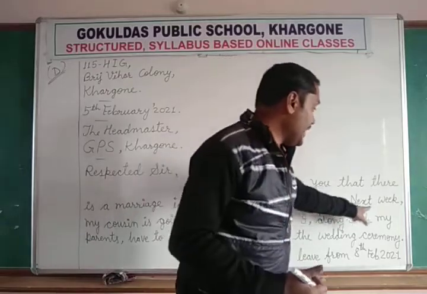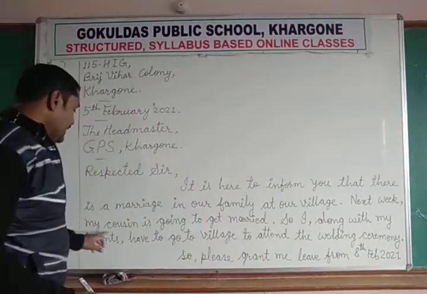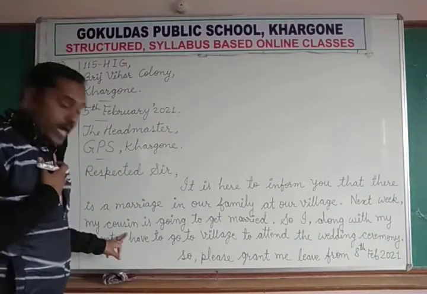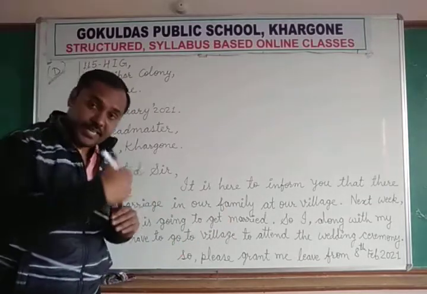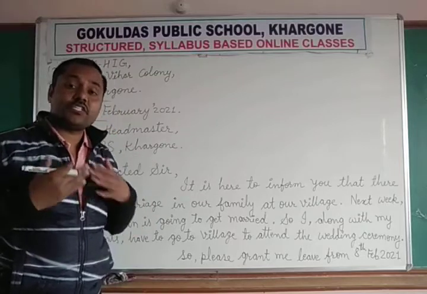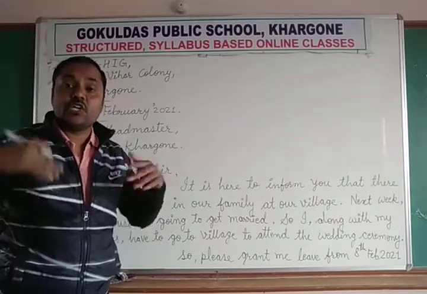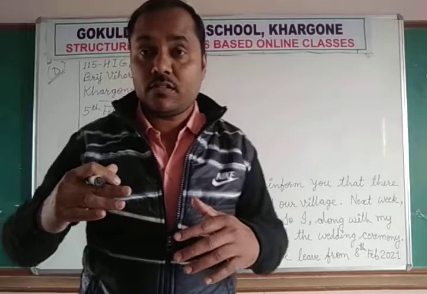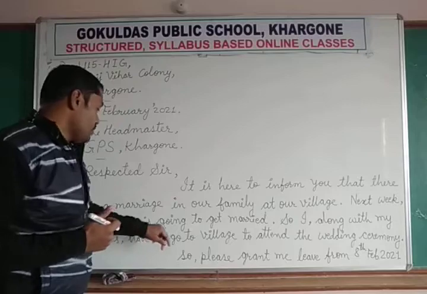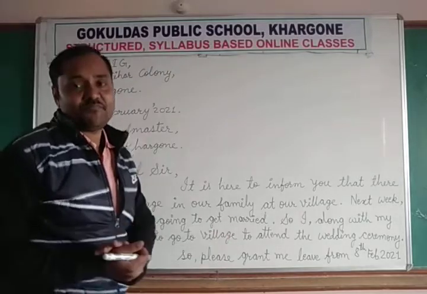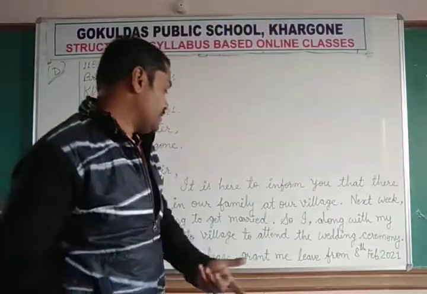Then the next line. Next week, comma, my cousin. Next week, my cousin is going to get married. Going to means क्या करने जा रहा है? Going to doesn't mean walking and going somewhere, not like that. Going to means he is going to do something, वो कुछ ना कुछ करने वाला है. So what is he going to do? He is going to get married. Get married means शादी करने वाला है. और कल ही है जो भी.